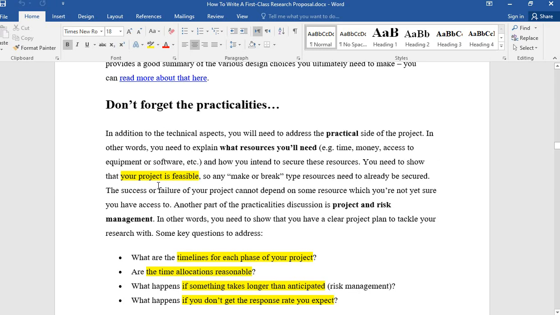You need to show that your project is feasible. So any make or break type resources need to already be secured, right? You should know what would interrupt you, what would hinder you, for example